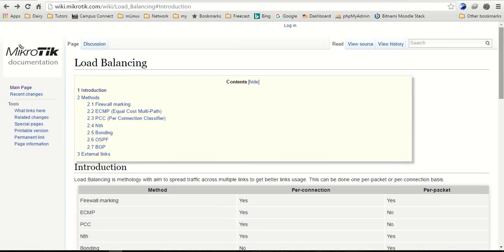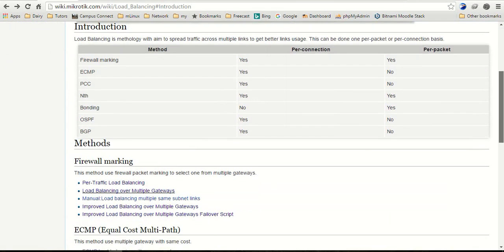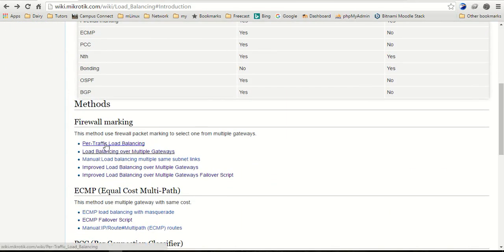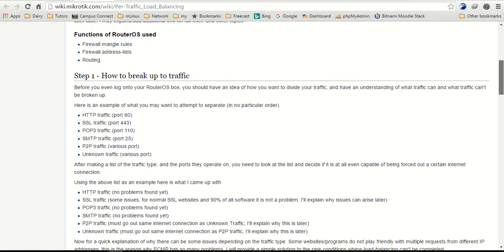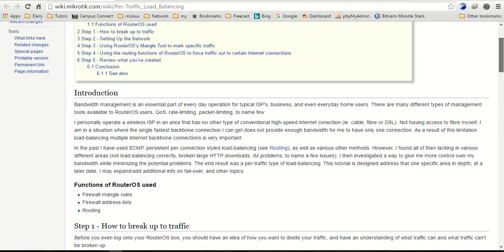We'll be looking at load balancing. When we talk about load balancing, we have two major types: per traffic load balancing and load balancing over multiple gateways. For per traffic load balancing, you probably have two ISPs or wireless bases, and